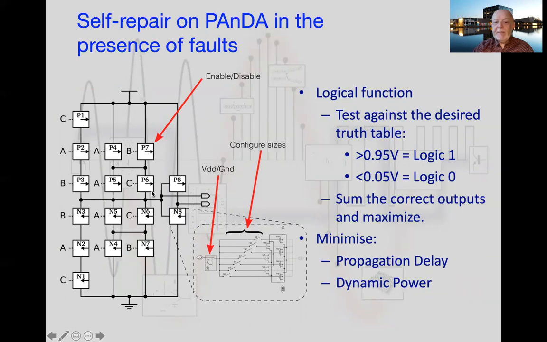So what we're going to do is test this circuit by inducing some faults and seeing whether evolution can find new ways around faulty individual transistors within this block. The way we find the fitness function to decide how good the circuit is, is by creating the truth table of the logic function, where these are the voltages which represent logic 1 and logic 0, and we just sum up the correct outputs on the truth table to see how good it is. We're also looking at propagation delay and dynamic power. So we're using evolution to look at a number of objectives. As we've seen before, we can do multi-objective